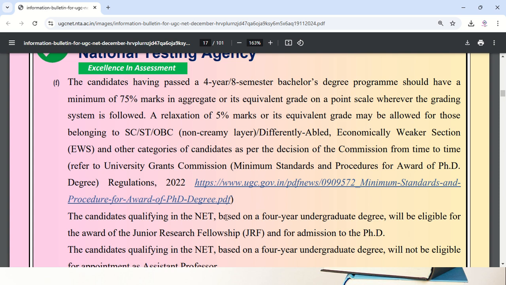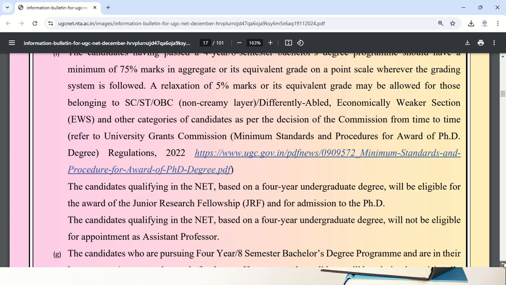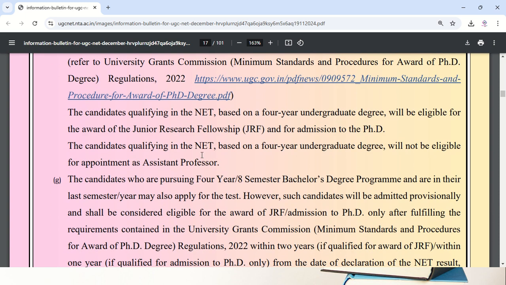And the candidate qualifying NET based on a 4-year undergraduate degree will be eligible for the award of JRF for admission to PhD. Suppose these people are selected for JRF as well as assistant professor, you are eligible for JRF, not eligible for assistant professor. This is very important, keep it in your mind. You have completed a 4-year integrated degree, so even if you qualified for both,